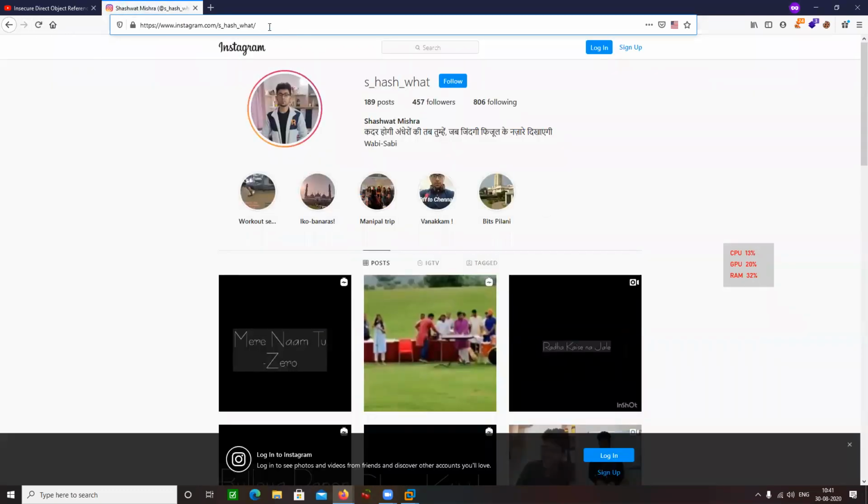I can say this is IDOR, but this is not IDOR. Why is this not IDOR? Because I'm not in the dashboard of this profile. I'm not able to control this profile. If I'm able to change something in the URL, may it be the GET method, or something in the request, may it be the POST method, and I'm able to switch into, let's say, the profile settings or the dashboard of this profile, that is going to be considered as IDOR, or something sensitive being revealed.